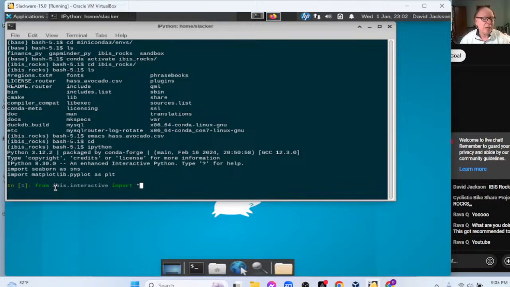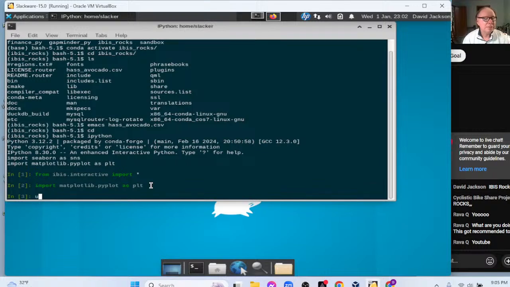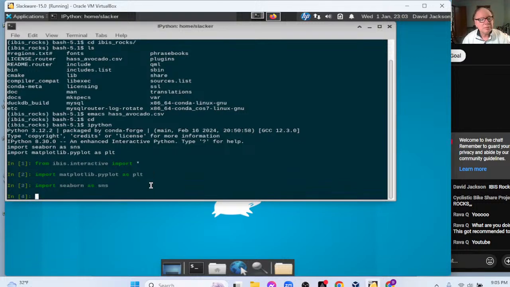Then the right arrow completes the statement. So this says from ibis.interactive import everything. Then we could say import matplotlib, IPython, Seaborn.